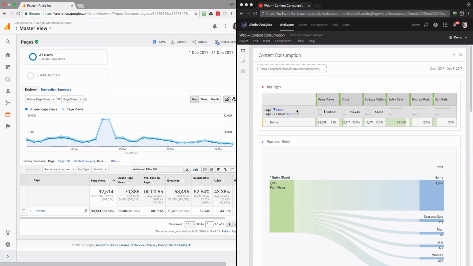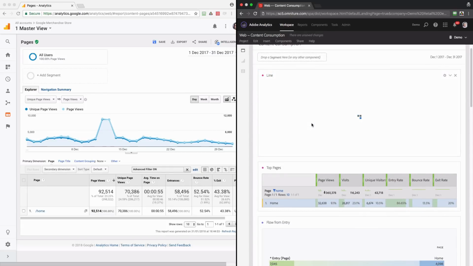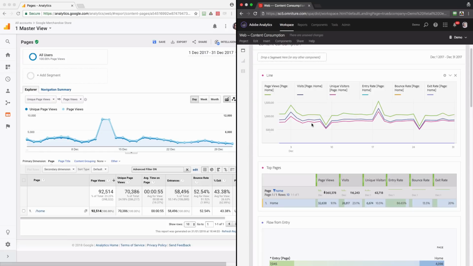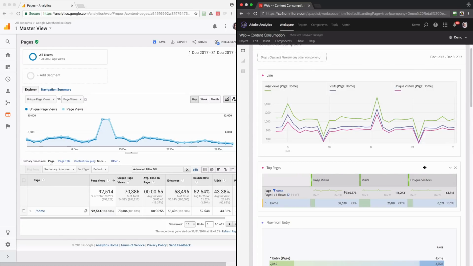And let's see what we can do with Adobe Analytics. The trend line is missing, but just a matter of a single click. If I click this icon, the trend line will appear, and this is how it looks. The good thing about Adobe Analytics is that you can get rid of the metric that you don't need in the report. So for example, I can click this close icon and make it clearer for my digital managers, because